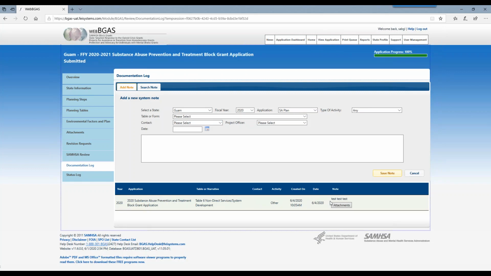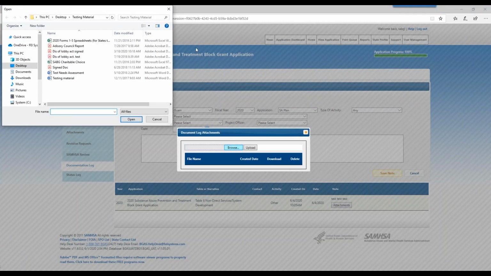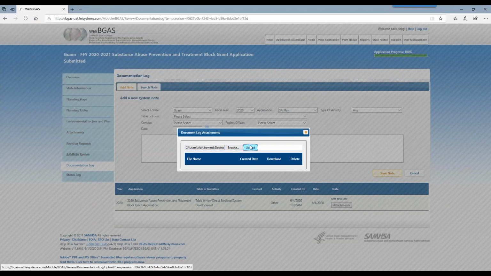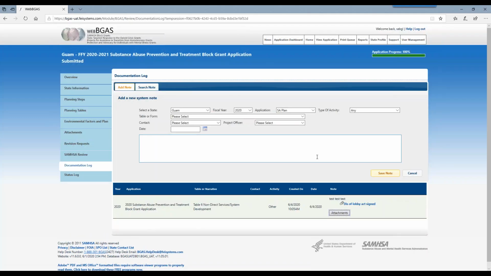All right. And it's at this time, if you need to, you can go ahead and make an attachment. And here you have the attachment. So this is how you add a note. To search for a note,